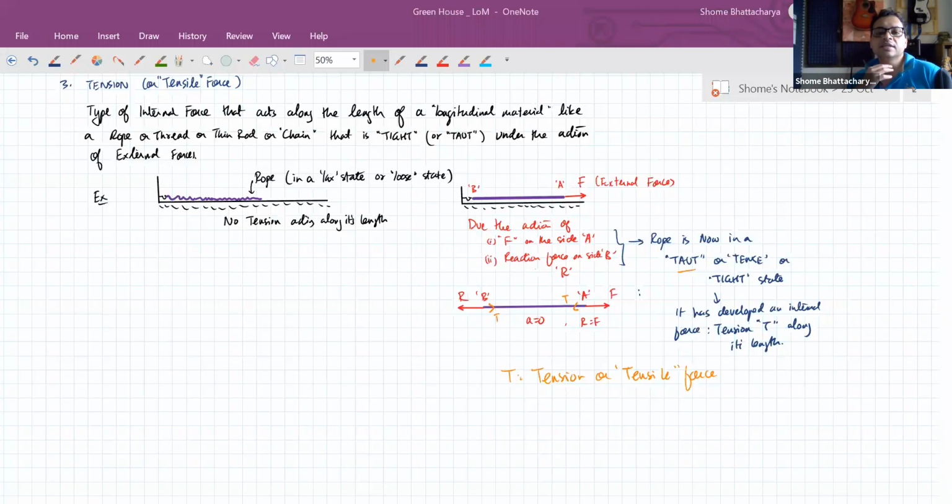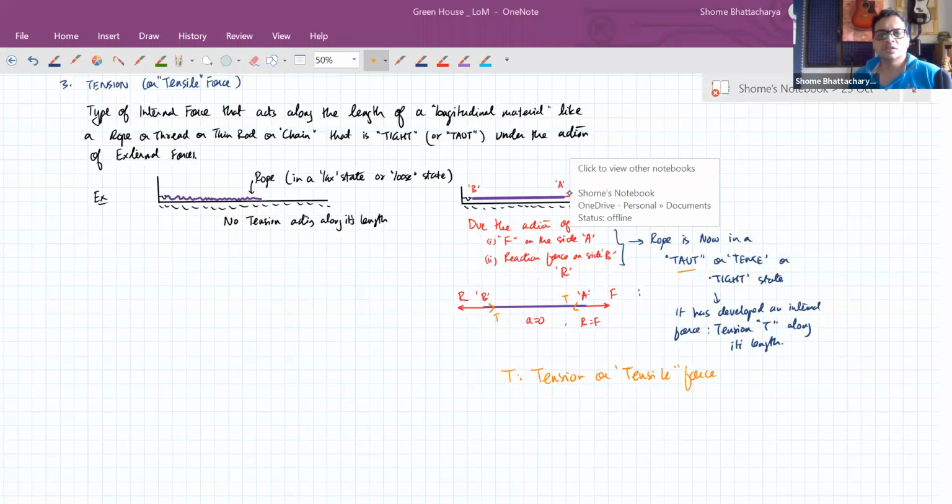The first example I gave you right now of the evidence is that just imagine this situation which I've given you here, that when you pull the rope from one end, your hand feels a pulling force backwards. It's a sensation you can actually feel. So that means there is something applying a force on your hand. It has to be the rope. There's nobody else pulling your hand. So the rope is applying a type of force. Now that type of force only, what do we call it? We call it tension. It's as simple as that.